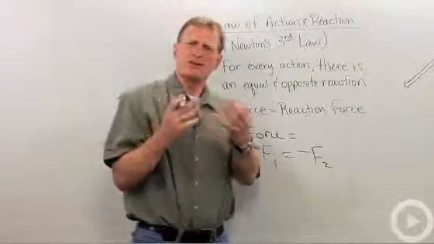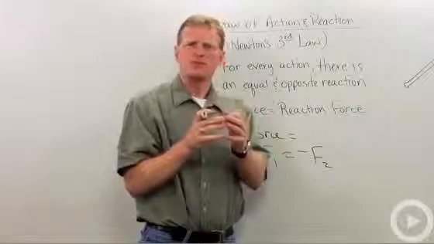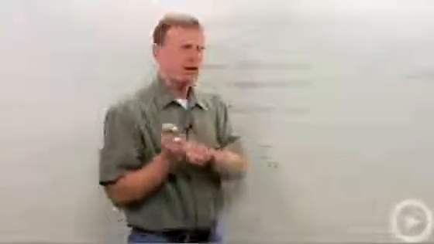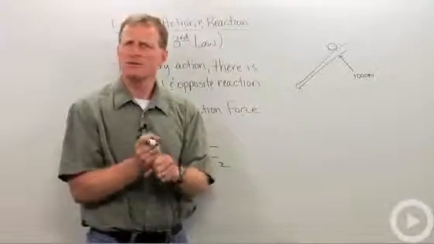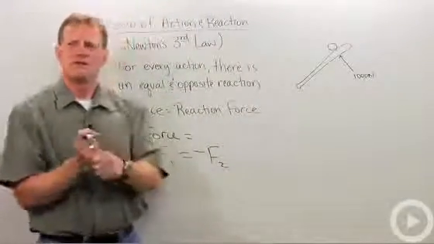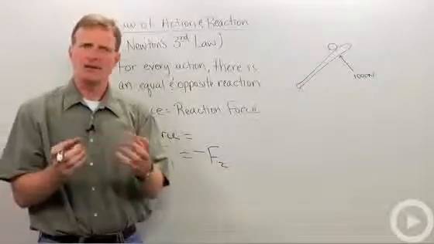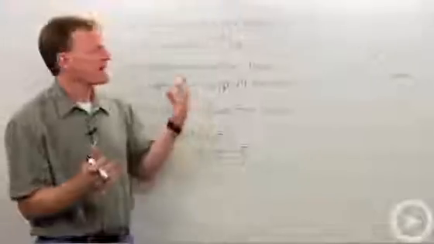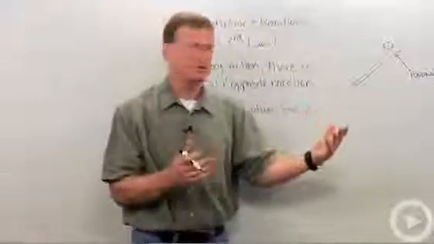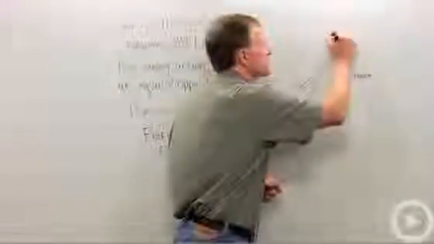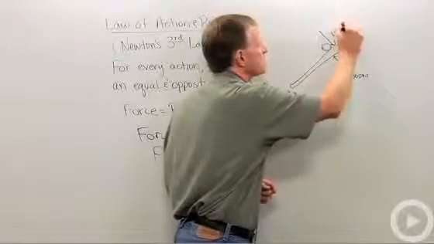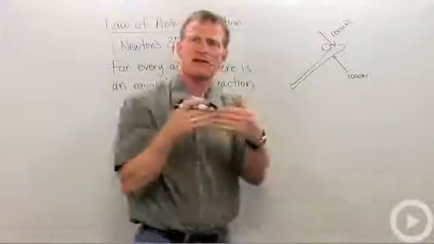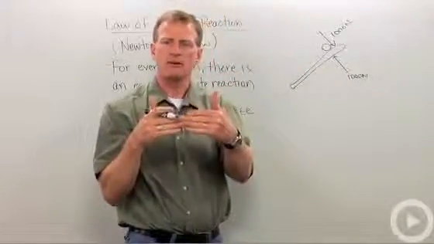So you don't usually have to solve problems with this, but you'll oftentimes be asked in a question, say for example, if a big bat is hitting a ball at 1,000 newtons, what is the force of the ball on the bat? And you might be confused because the bat's big and the ball's small, but remember, for every action there's an equal and opposite reaction, which means simply that the ball is putting the same force of 1,000 newtons on the bat. So really, regardless of size, they are equal and opposite forces applied to each other.